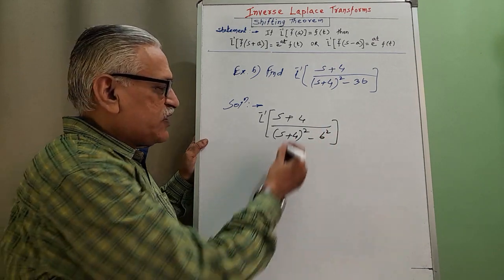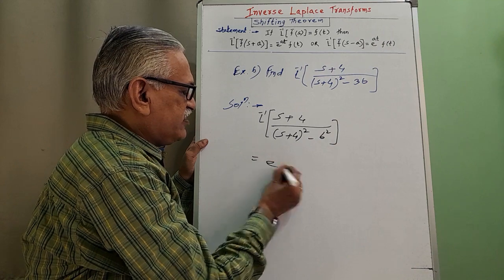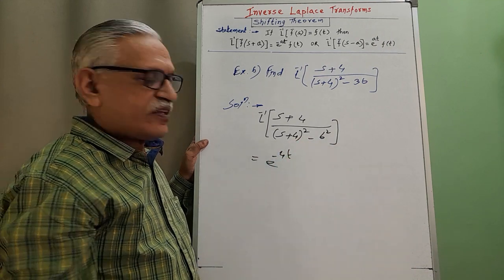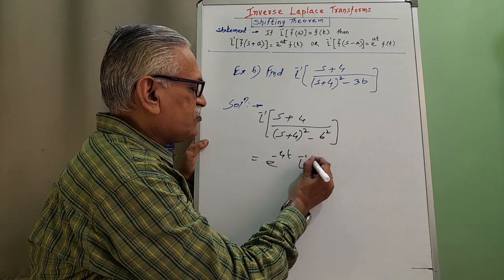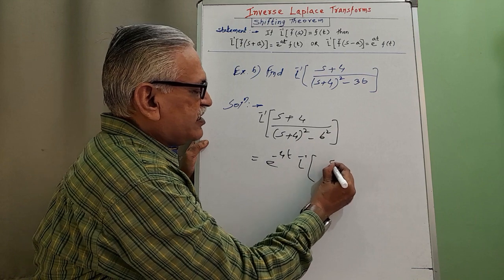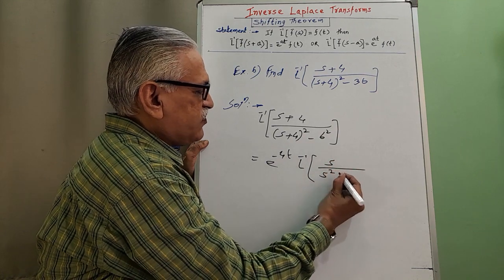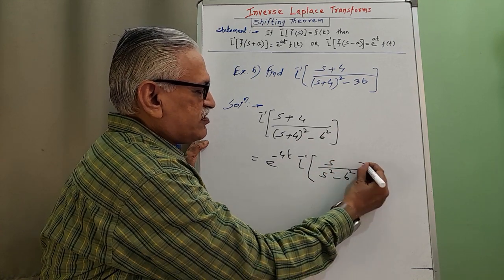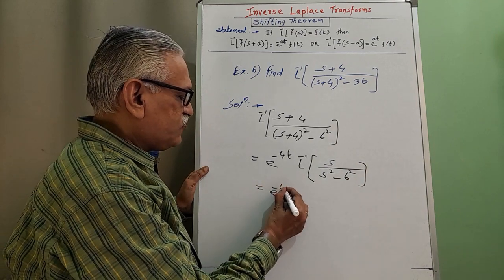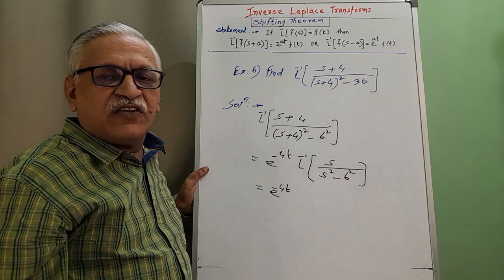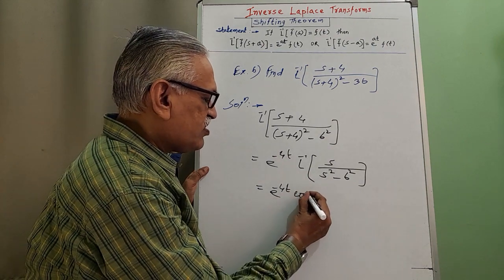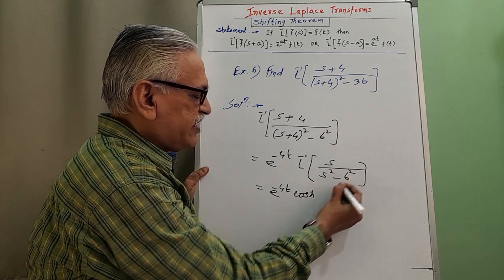As s is replaced by s plus a type of term, it is e raised to minus at, means minus 4t, a is here 4, into inverse of the remaining term, neglecting that 4. The remaining terms are s divided by s square minus 6 square. And as per the standard result, it is e raised to minus 4t. Inverse Laplace of s upon s square minus a square is cosh at, a is here 6,